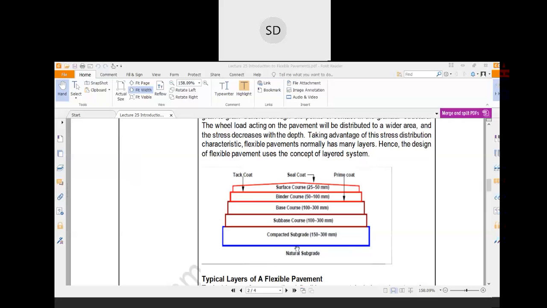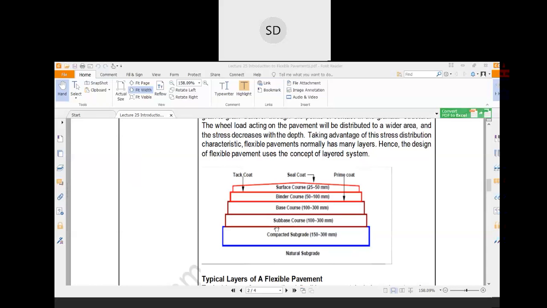Now above this there would be another layer of aggregates, and that is called subbase course. So here the size of the aggregate would be higher, and generally different types of aggregates, blast furnace slag, etc. can be used as a subbase course. Now above this another layer would be there, that is called base course. The base course is also a layer comprising coarse aggregate, but here in the base course, the size of the aggregate would be lower than the subbase course, and the aggregate would be of higher quality than the